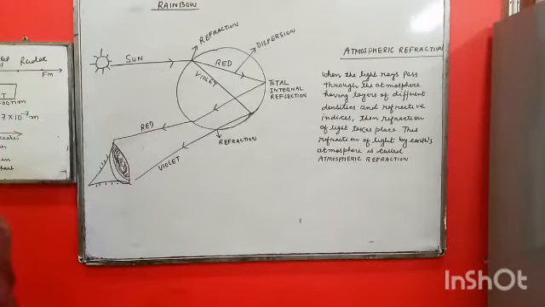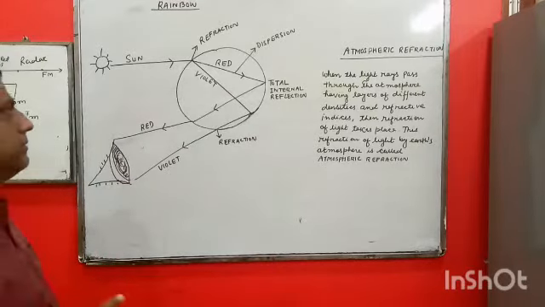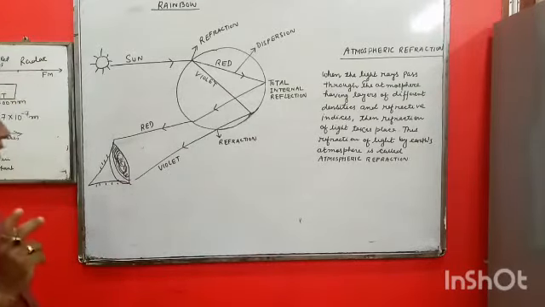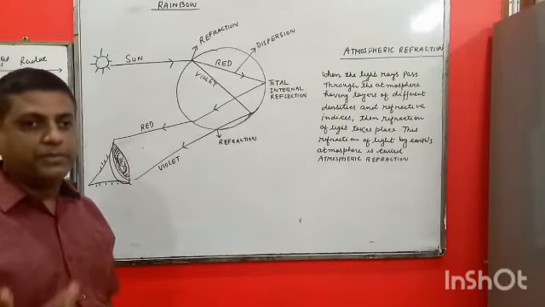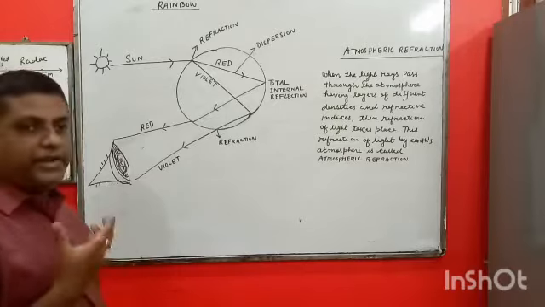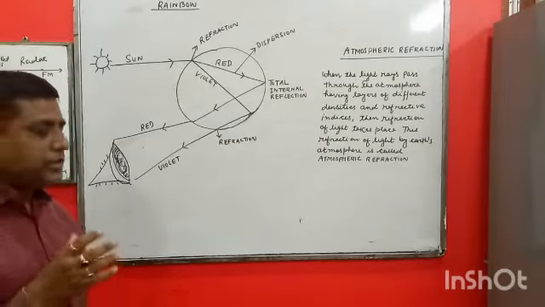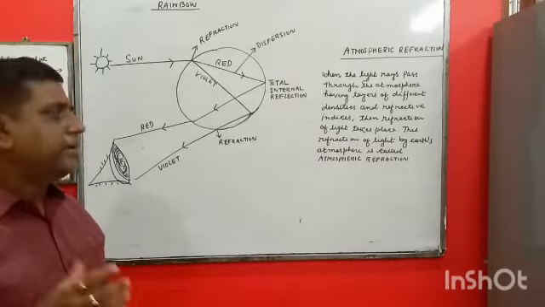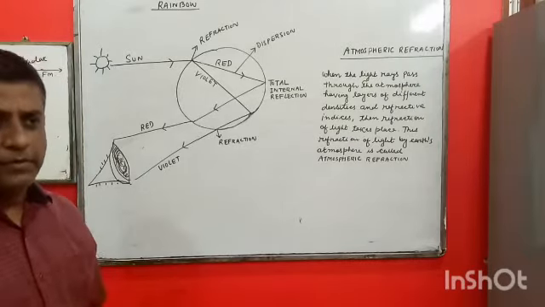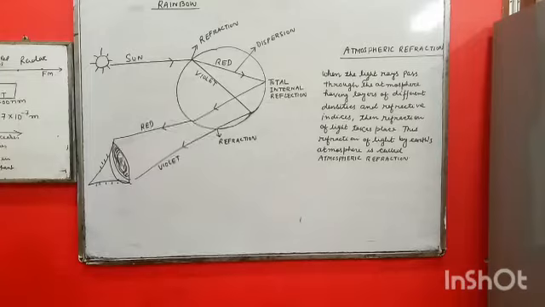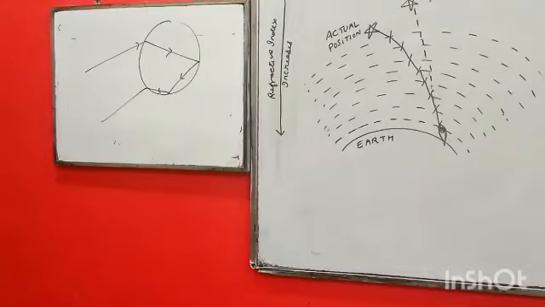Regarding the secondary rainbow, you will get two internal reflections. Here you get two internal reflections, and we will again get a combination of colors, but this time it will be faded, and the orientation of the colors will be reversed. The orientation of the colors is the reverse of that of the primary rainbow. Don't get confused regarding the primary rainbow and secondary rainbow.